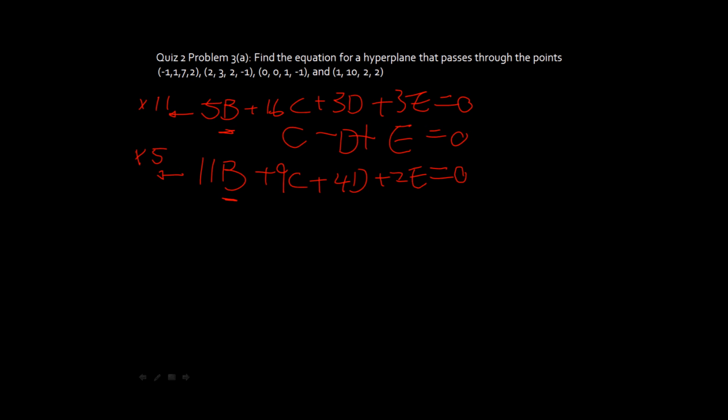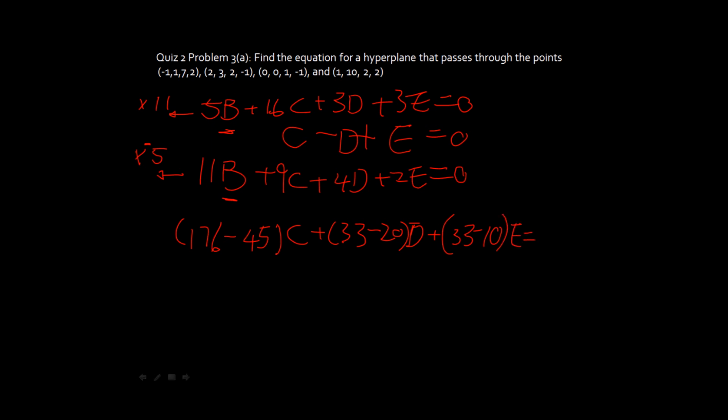Of course, the rest have to stay there. So I have 11 times 16, which is 176 B's. And then I actually do a minus here, so I'm subtracting 45, that is 5 times 9 C's, right? And I have 33 D's, and then a minus 5 times 4, it is 20, and this is D, and of course I have 33, and then minus 10,